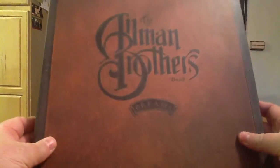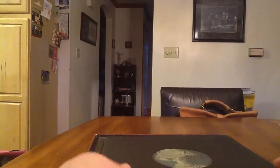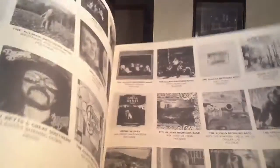Here's the front of it. It's embossed. It's a 4 compact disc collection. There's the back. The nice thing about these box sets are, or were, I don't know if we can get them like this anymore. I haven't seen it in a long time. You have these big booklets. And big booklets where you can have big pictures and,